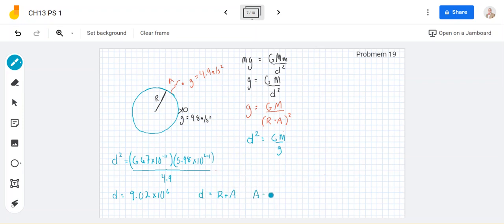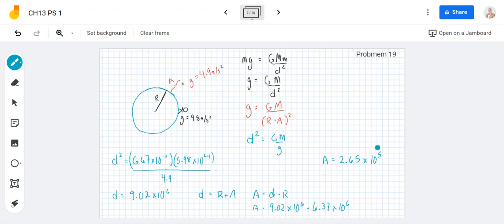So a should be equal to d minus r. So, turns out my altitude is 2.65 times 10